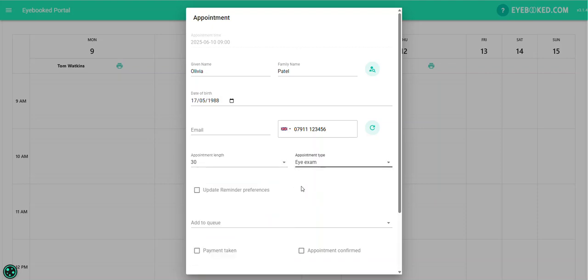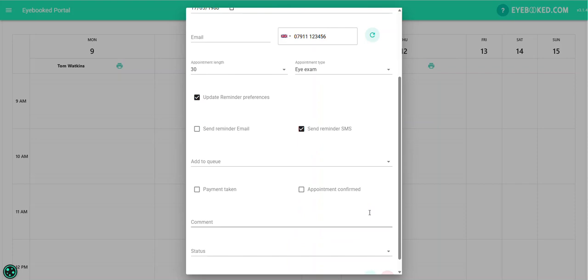If you have set up automated reminders, see the video called How to Create a Communication Automation Schedule for Appointment Reminders in the Communicating with Your Clients tutorial series for more information on how to do this. Then check the Update Reminder Preferences checkbox. Check Send Reminder Email or Send Reminder SMS to send an email and/or text message to your client to remind